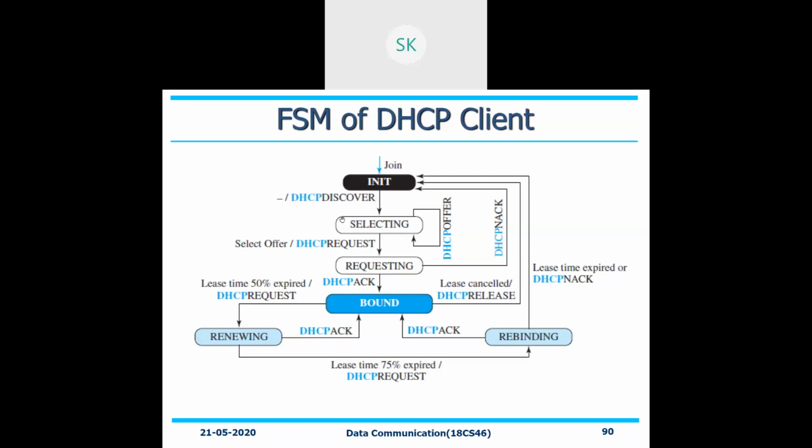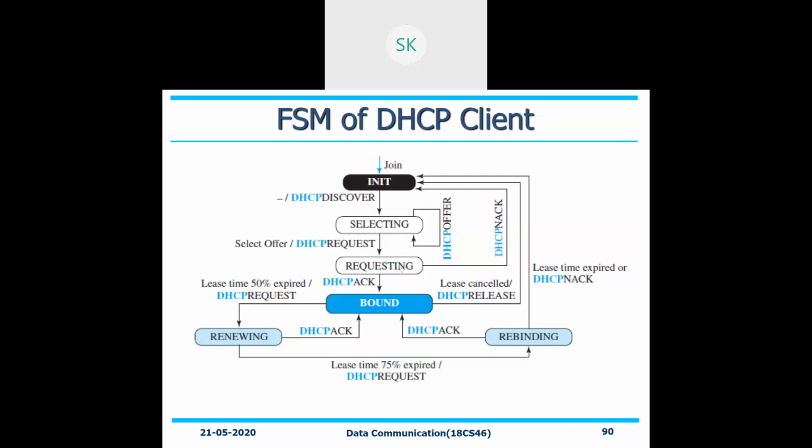If it is in the selecting mode itself, it will be offering, and it will be rolling back with respect to the selection of the DHCP server itself. Once it is done, the request is made for whatever offer has been given. Once the request is given, if the acknowledgement comes, the address will be bound and it will be given back to the client, and you can have n number of transactions. If it wants to release it, or the lease is cancelled, that is, the entire time duration is over, then it will come back to the initialization state, right?